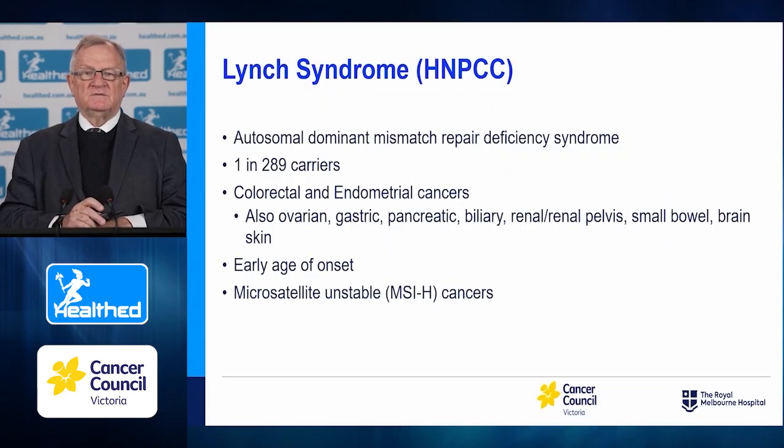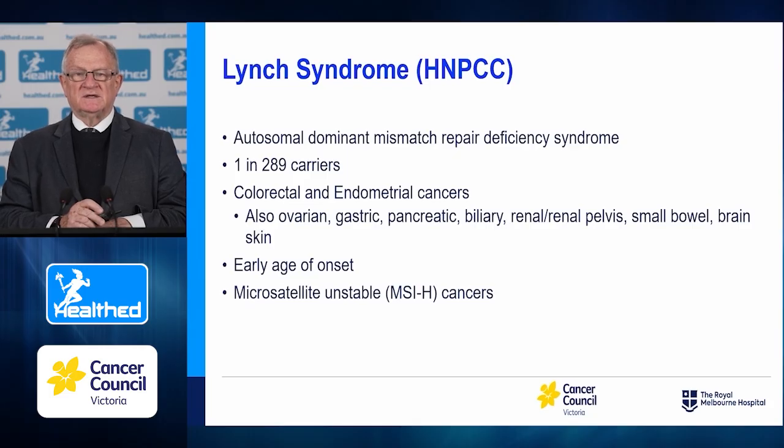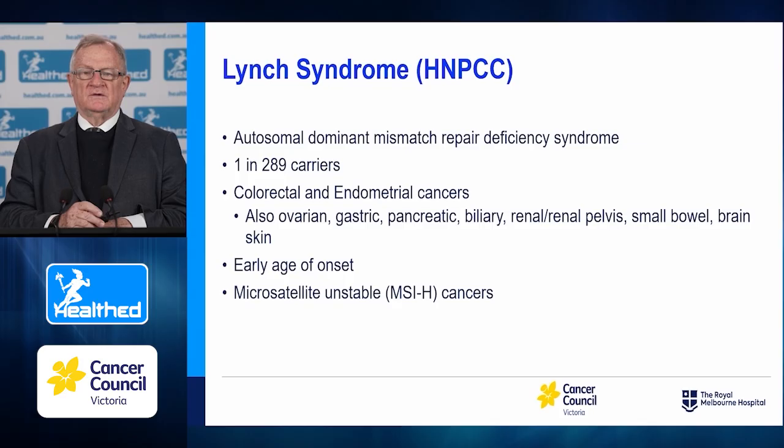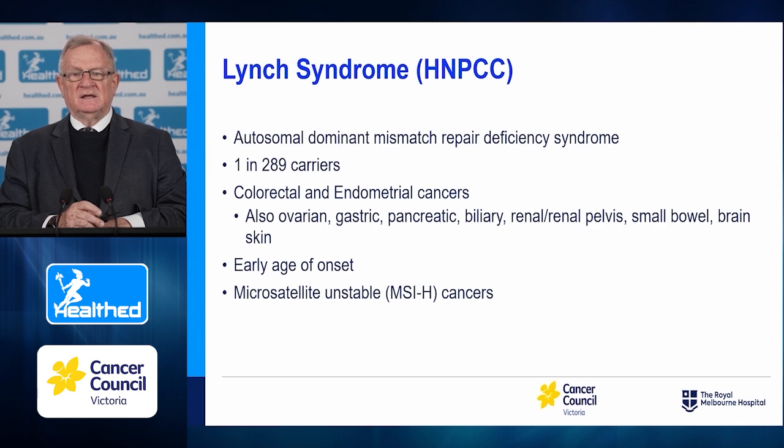So turning to Lynch syndrome, once called hereditary non-polyposis colorectal cancer, a terrible name. This is an autosomal dominant condition due to deficiency in mismatch repair genes. It's quite common. 1 in 289 people in Australia carry a mutation responsible for this condition, and it leads to a range of cancers, of which colorectal and endometrial is by far the commonest, but there's also a tail of other cancers which are more common in carriers than in the general population. You can see them listed there, many different types of cancers, although notably not lung cancer,